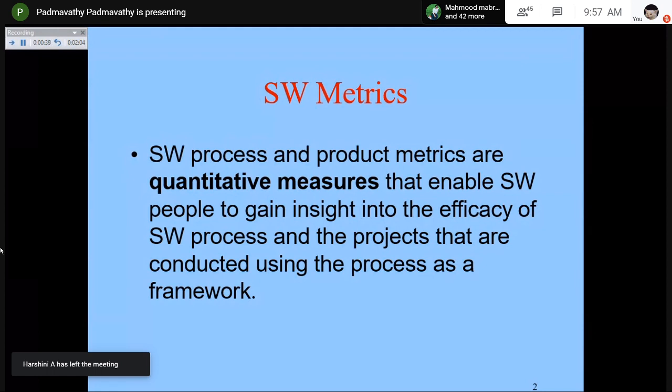Only then you can decide how many people you need to develop this software, how many days you need to develop this software. So only when you are able to assess the input requirements required to develop the particular software, you can fix the budget required for this particular software. So based on the budget allocation, you can say how much the customer has to pay for this particular software. So all this costing, budgeting, all these are involved.